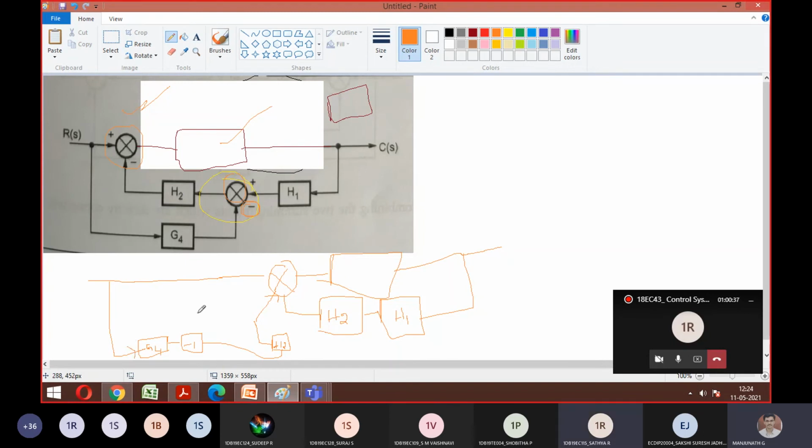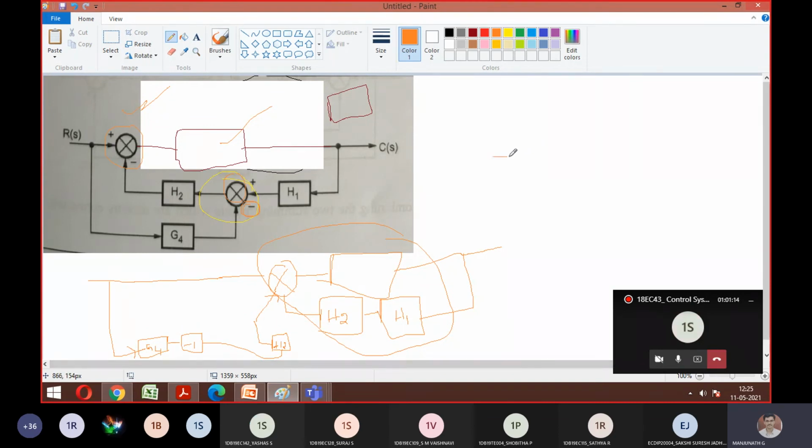So what is the thing you need to do now? Look at here. So what will happen to H2, H1, guys? Cascade. And into that, H2, and that combination is an elimination. Good. So elimination. That is one path. Similarly here, it is cascade. It means I should write all three are cascade. So G4, -1, H2 all are cascade. So it means what? Minus G4 into H2.